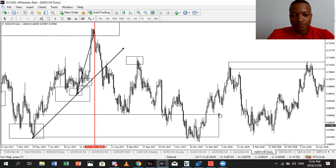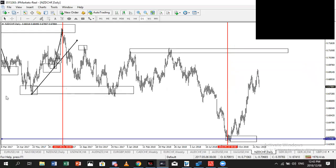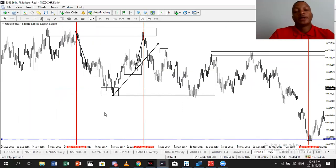Can you let me know why this is a buy signal there on 26 June 2017? You said it's a buy signal there. Why is it there? Nice question, my man. Like I said,